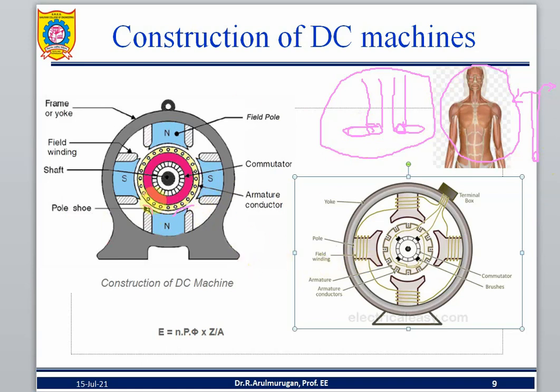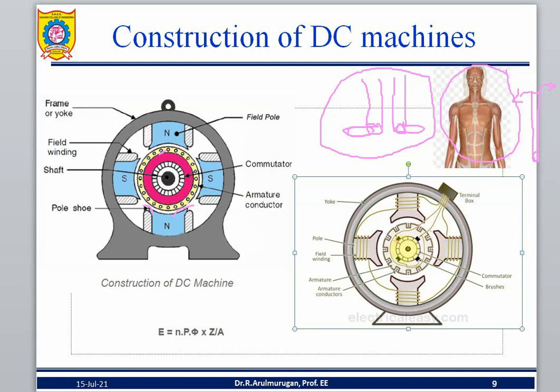Coming to this diagram, the same diagram, it is a symbolic method. See how the armature coil is connected through the brush. Brush is there. Here a point is connected. The wire is a fixed wire.